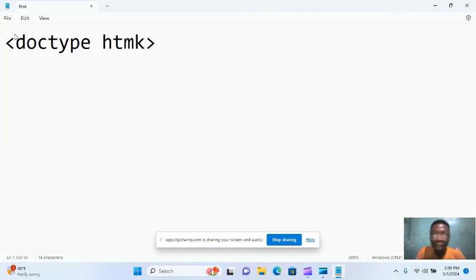So now with this, we are just saying that we are using HTML version 5. That's just it. So the next thing we're going to put our root tag, which is HTML. That's the root tag, and then we're going to close it. So to close it, we'll come down and say